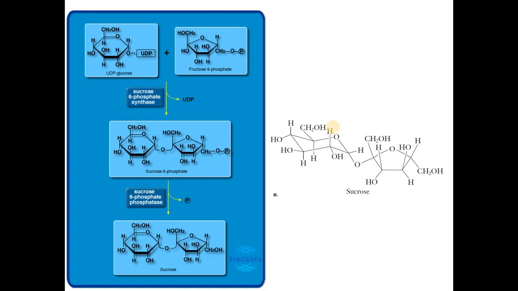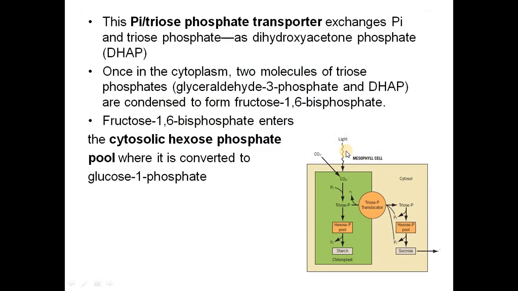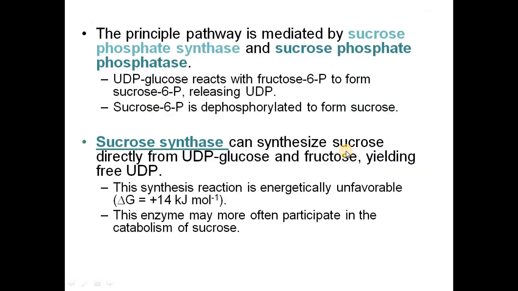okay? So like I said before, there are no free-floating molecules of glucose. Every glucose molecule has to know its fate. And the one that is labeled with the UDP will be converted into the sucrose. And of course, that is happening in the cytoplasm, which makes sense, right? We need this sucrose to be made in the cytoplasm so it can be transported out.